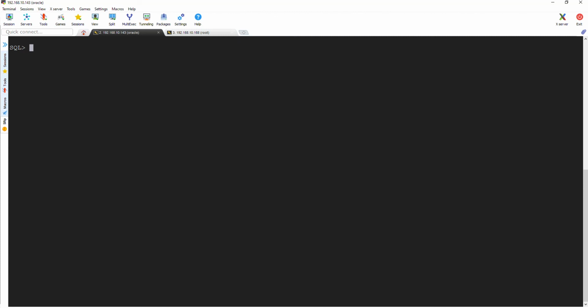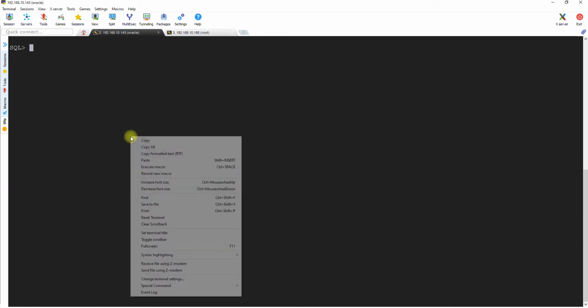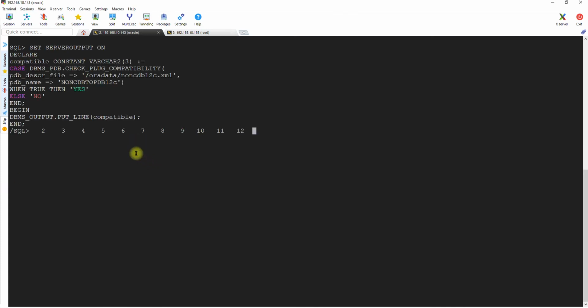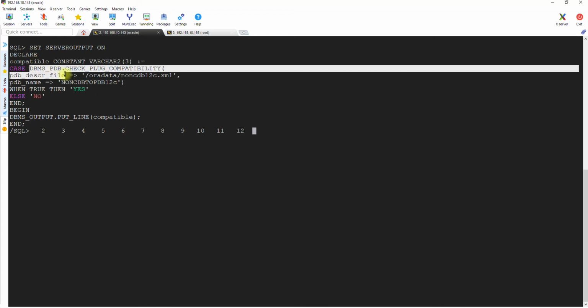Now this is what I was talking about. If this particular non-CDB is ready to be plugged in, okay, so I'm not going to run it until I make you guys understand. It's going to check the compatibility.